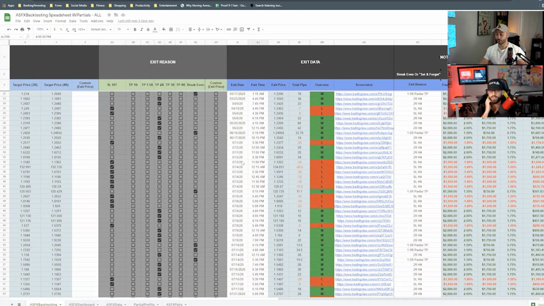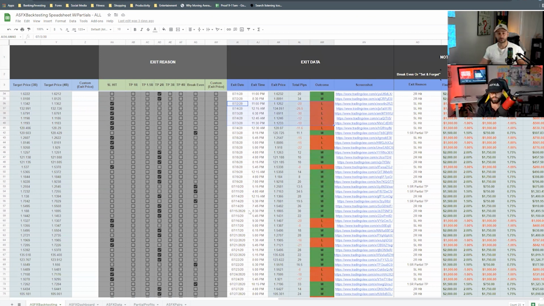Exactly. So I've filtered the trades and I'm going to show you exactly the process and how to increase your profitability, especially if you're a struggling trader. What this data represents is the randomness of the market. We never know which trade is going to win or lose, but what we do know is that we have a systematic approach, as everyone knows at ASFX, and following that approach, being selective is the key. It will definitely help you return a better profit.